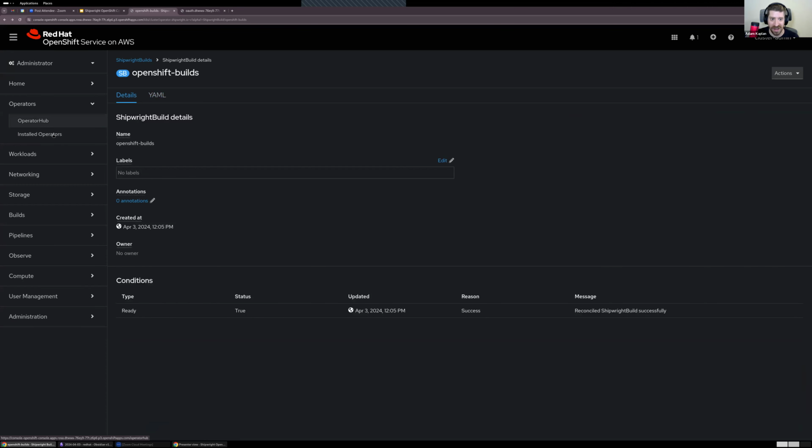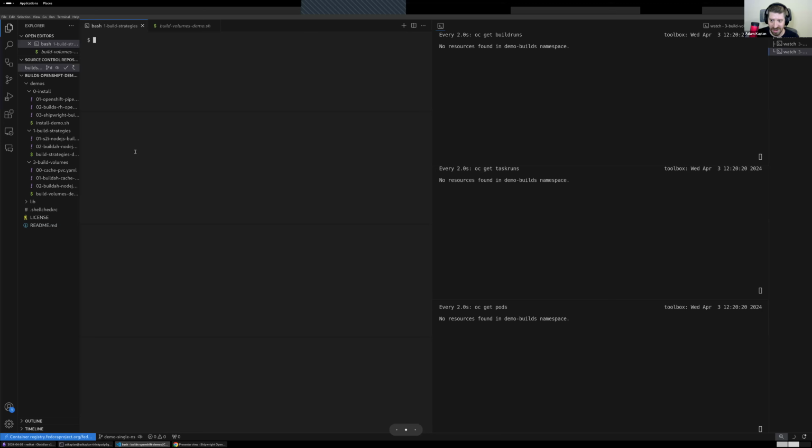Then once you have the operator, you can actually get started doing builds. So hopefully folks can now see my command line environment, my VS Code. Yes, we can. All right. So